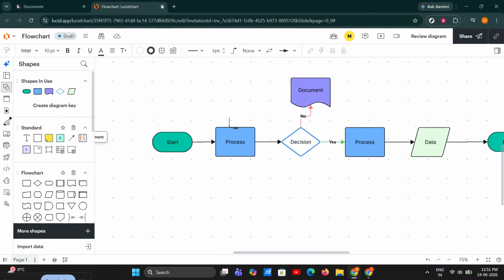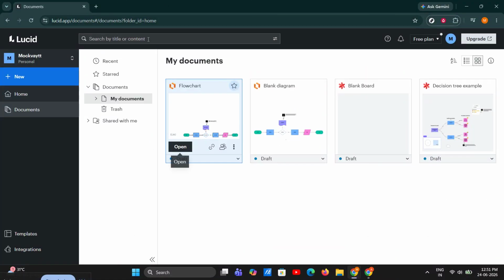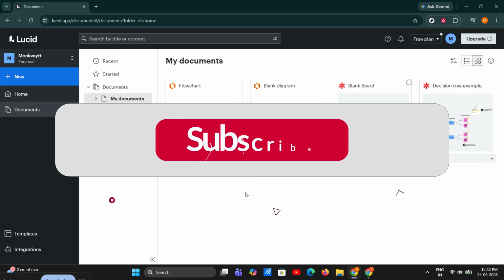If you've ever had two separate Lucidchart documents and wanted to bring them together, this video is going to save you a lot of time. In this quick tutorial, I'll show you exactly how to merge documents in Lucidchart by importing pages from one file into another. It's a simple process, but if you haven't done it before, the menu options can be easy to miss. So stay with me, and by the end, you'll know how to combine your Lucidchart pages into one organized